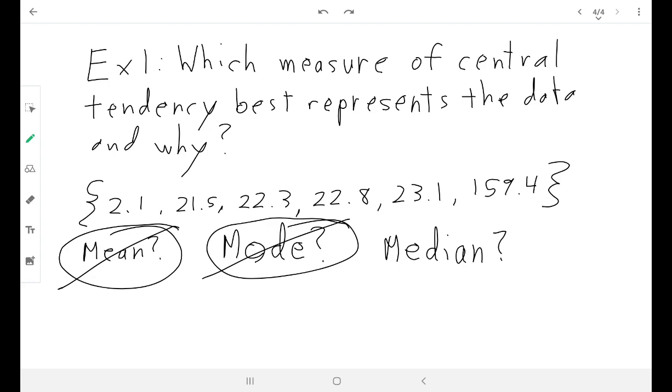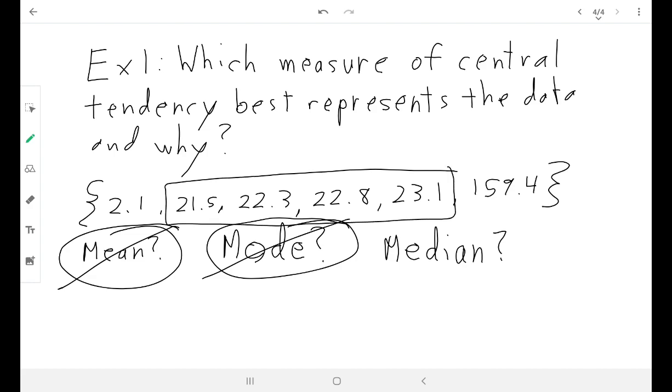What you want to do in the median is you want to have them in order, and you want to look at the middle. So here, this would be the middle. Sometimes you have 2 in the middle because of that, and all that happens is you take the average. So we'll calculate that. But certainly, we don't have in the middle here